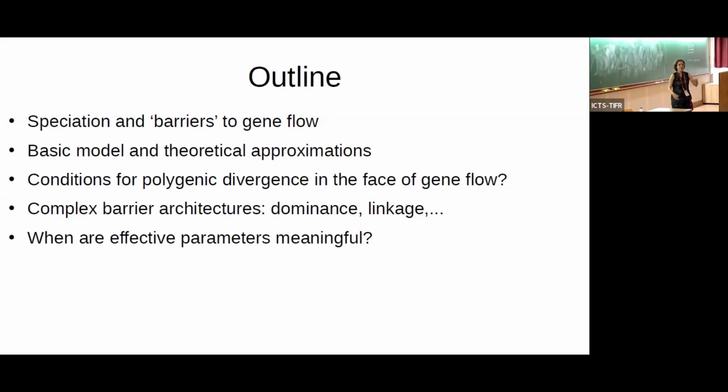And there is a lot of jargon also that people use in terms of barriers to gene flow, and like with a lot of things in evolutionary biology, again, people mean different things sometimes when they talk about these. So I'll just try and give an overview and set the terms, give some sense of how I'm going to use these terms. And then I'll try and illustrate the basic ideas in terms of a simple model.